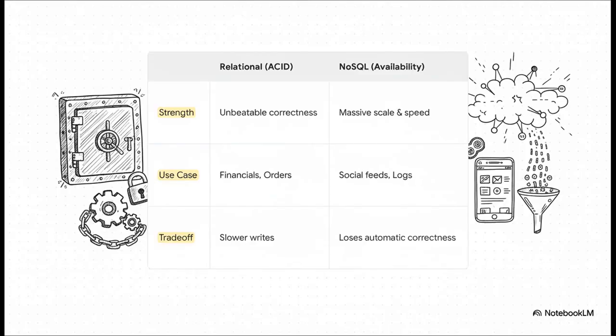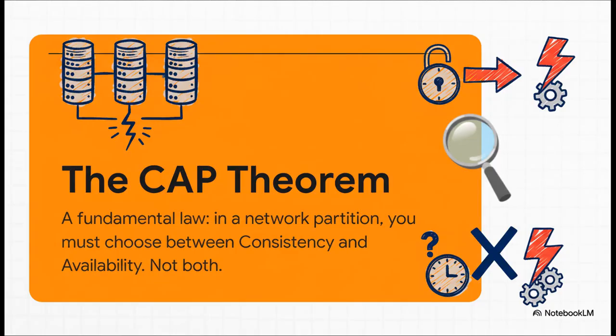And this really splits the database world into 2 big camps. On one side, you have your traditional relational databases. They live and die by those ACID rules, giving you unbeatable correctness. But on the other side, you've got NoSQL databases, which were built for one thing: insane scale and speed. And how do they do it? By loosening up on those strict correctness rules. That's why they're perfect for social media feeds or sensor data, where being fast and online is just way more important than being perfect. And look, this isn't just a matter of preference.